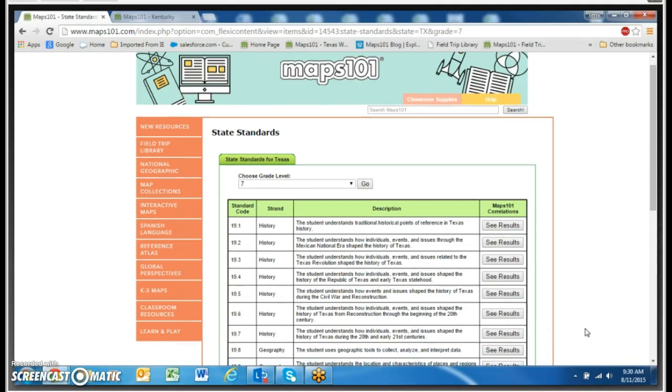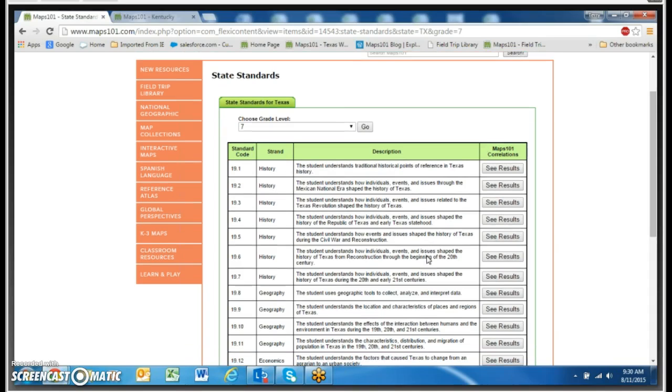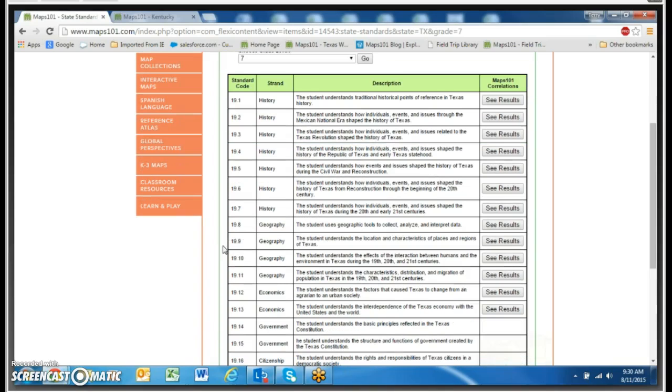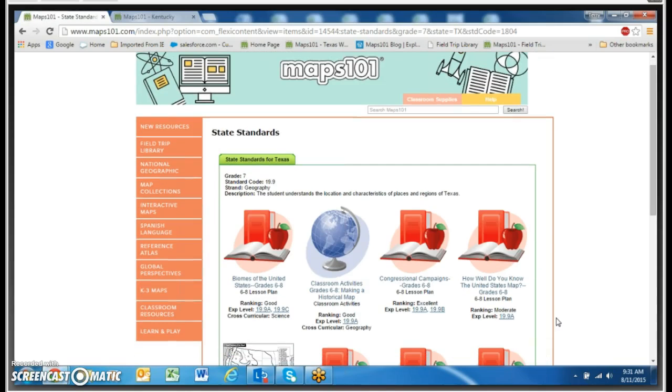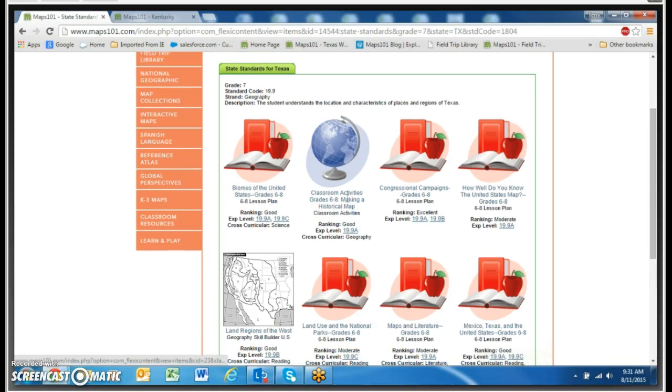What you'll see here is a list of the standard codes, the strand, the description, and then the Maps 101 correlation. So we're going to go down here to the science area, geography 19.9. The student understands the location and characteristics of places and regions of Texas. Click to take a look at the results, and you'll see here that we have the lesson plans, classroom activity,